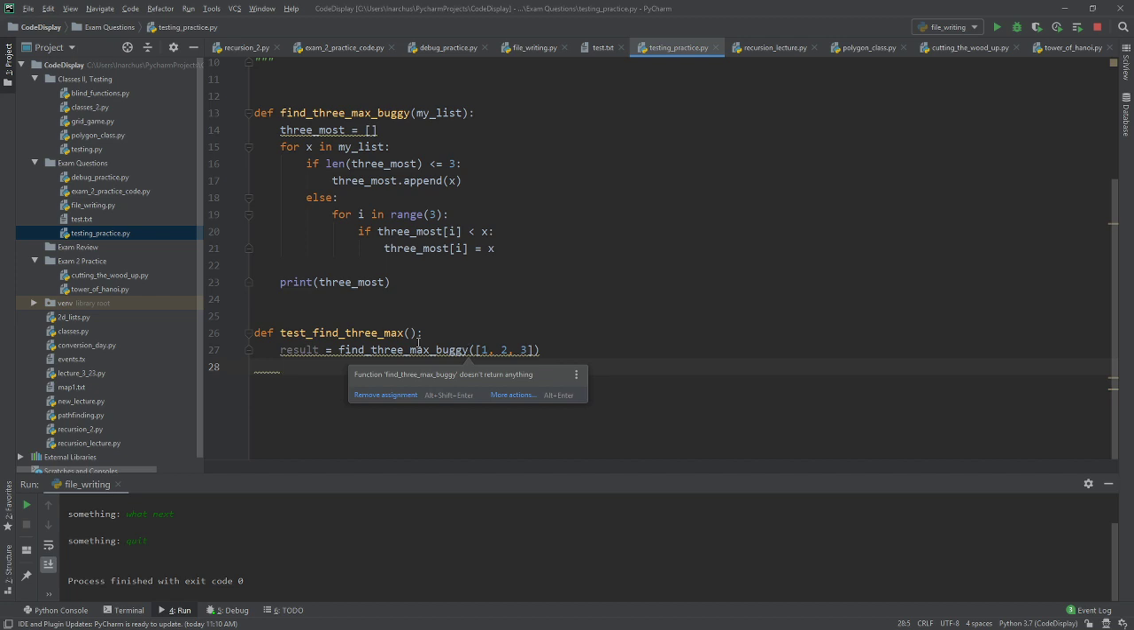Okay. And then we can say, if 1 in result and 2 in result and 3 in result, we can print out test passed. Else, we can print out